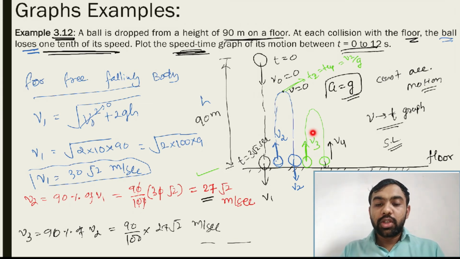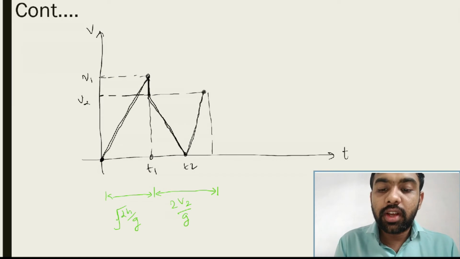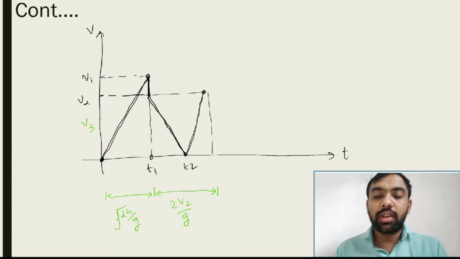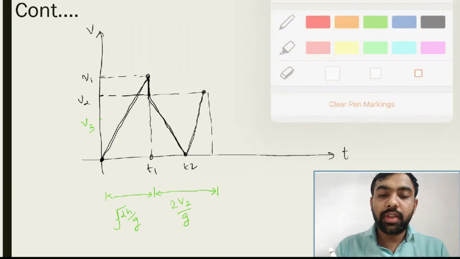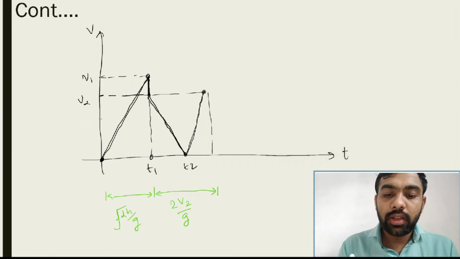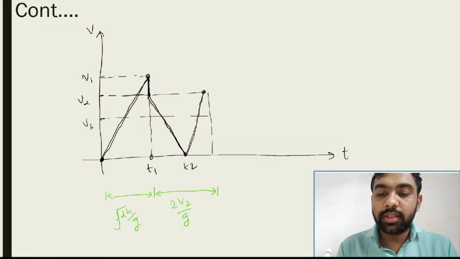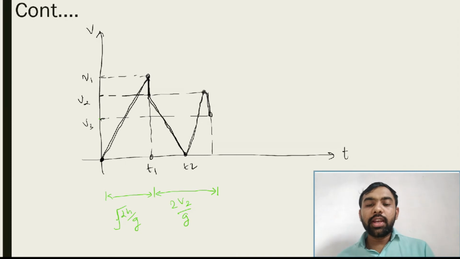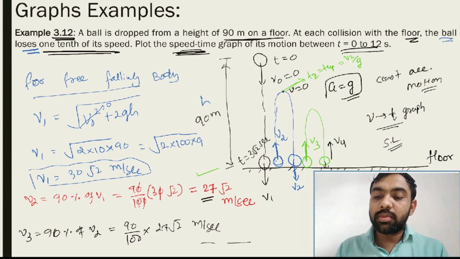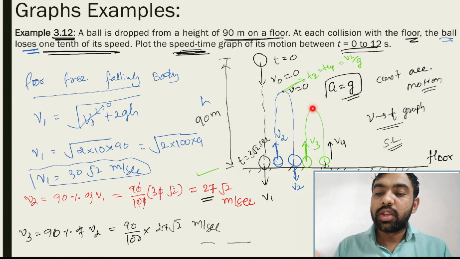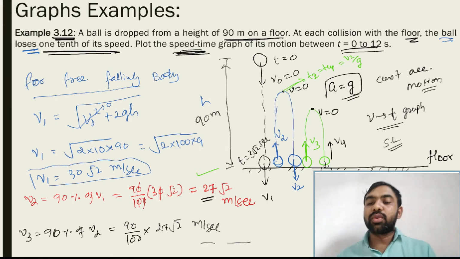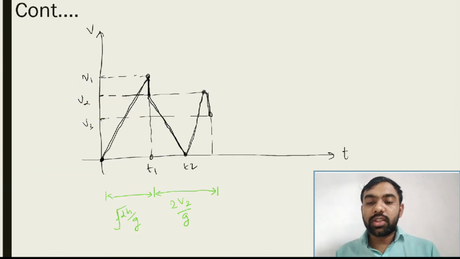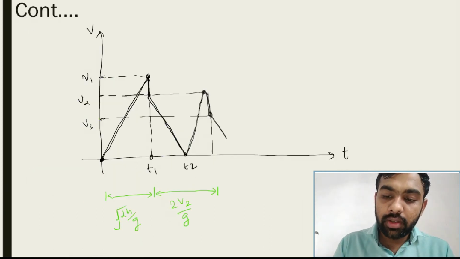Now the speed of the ball again decreases and it becomes v3. v3 कितनी है? इतनी. Means that is slightly less than v2. So our speed again decreases. Consider that a new speed v3. So the speed decreases up to this value. Again it becomes 0 when it reaches somewhere here. So at this point again the speed is equal to 0. Again it increases. So this graph is drawn again in a similar way.